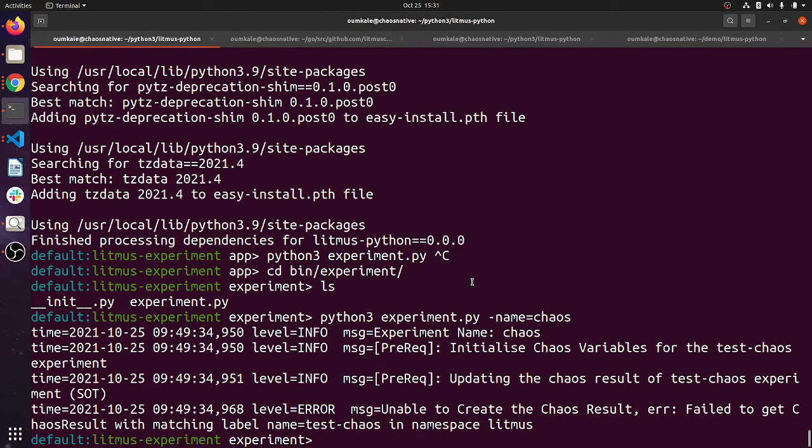So one way is that we have to install our CRD resources into the namespace and provide the environments and parameters for that particular namespace.